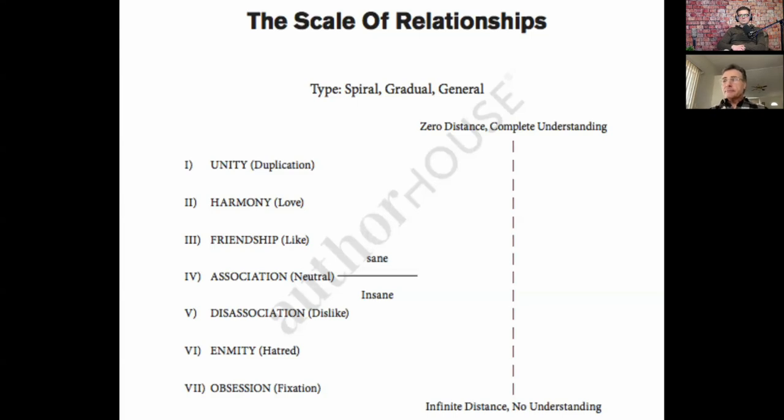So realize when you see this type of obsession, you're looking at somebody at the bottom of the scale. There is a relationship there, but it's an insane relationship. This is like people who go around, like blacks in America going around saying America is racist, white people are evil, and we should kill them all. Okay? That's an obsession. They have a relationship there, and they're fixated on it.